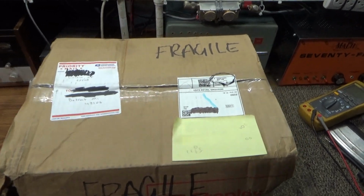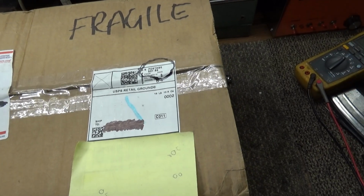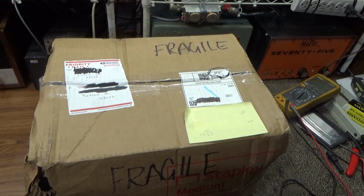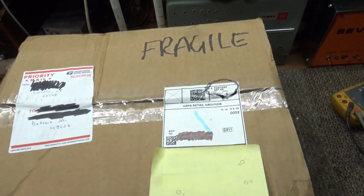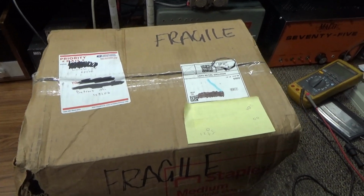Alright, Tram Doctor bought another winner. Another eBay prize. In here, I hope you know what's left of it, is a PAL 351. We bought it because it has one driving 3